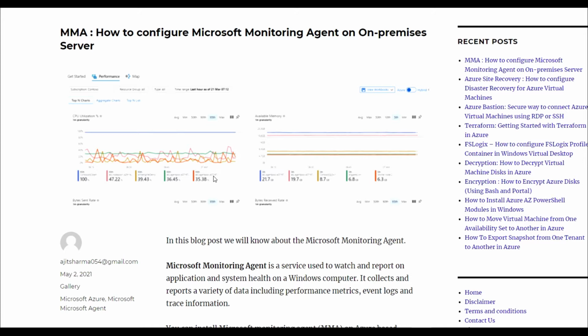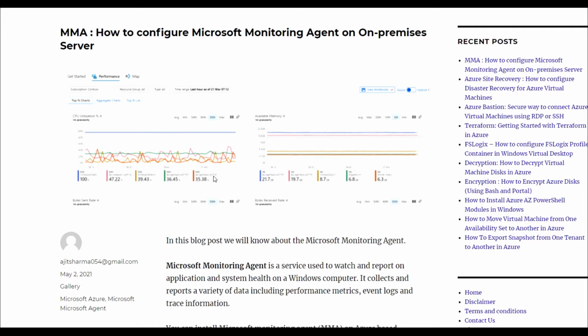want your on-prem VM or on-prem physical server monitored in the Azure Log Analytics workspace, you have to install this agent manually on your server.